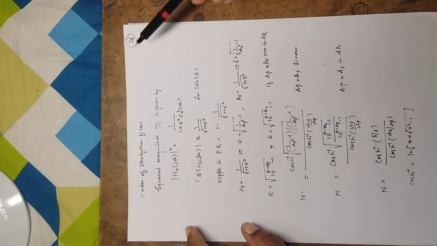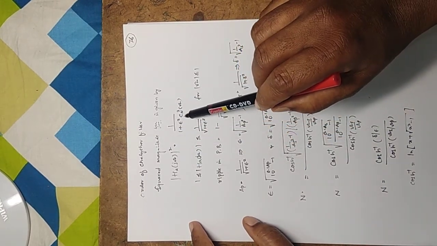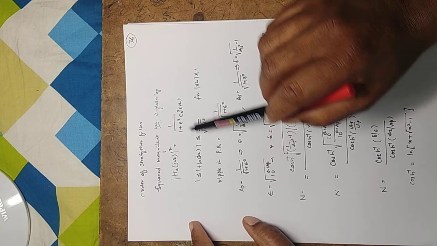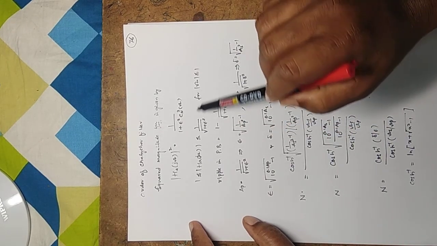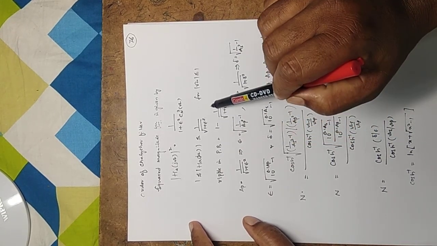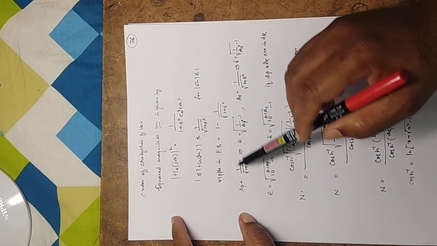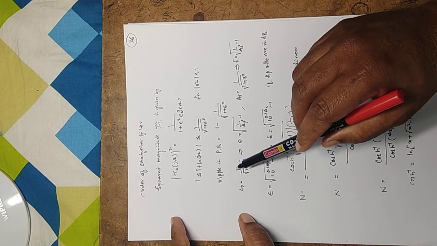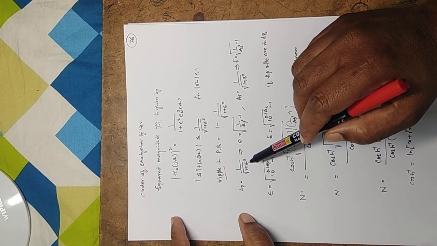Similarly, we have to find the order of the filter, and the squared magnitude of the Chebyshev filter is given by this expression, 1 by 1 plus epsilon square Cn square omega. In the passband range, that is omega less than 1, it is given as 1 minus 1 divided by 1 plus epsilon square. And AP is given by 1 divided by 1 plus epsilon square, this is the ripple.